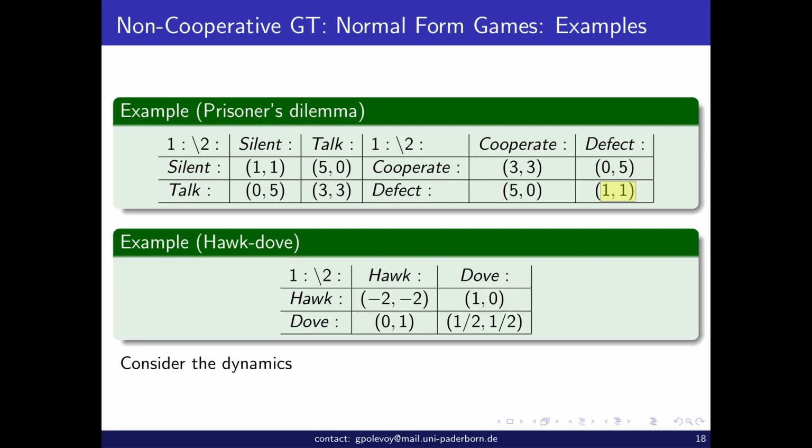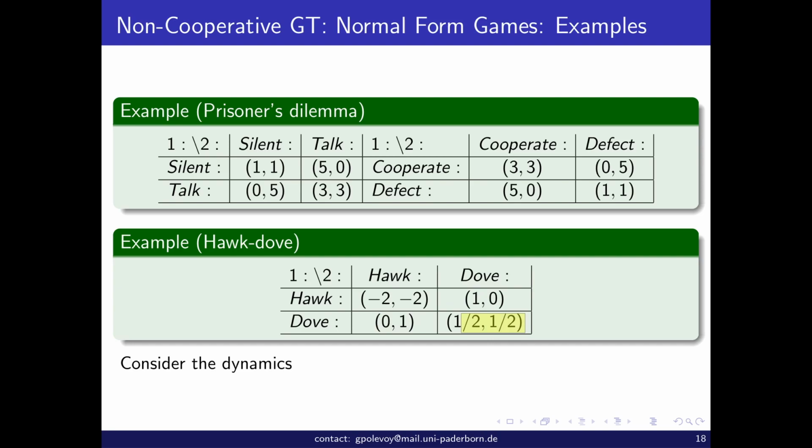Now in the case of hawk-dove, it's actually different. So if both were hawks, they both suffered, and then given that the other person is a hawk, it's best for me to be a dove. So in the next stage, if they both begin as hawks, they are both going to be doves. So this guy is dove, this guy is dove. No, that's not right. They're going to go here.